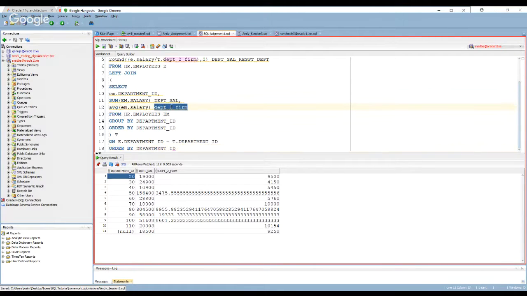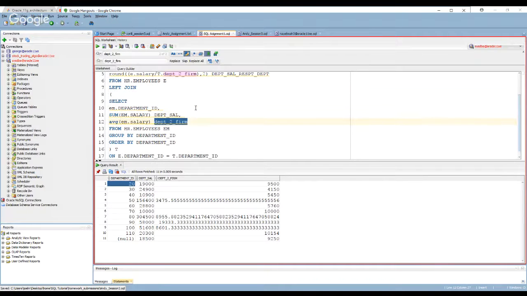All right, give me the mouse for a second, and let me just do that replacement. So you highlight the thing, and you do Control R, and it allows you to replace all. So let's say department average.